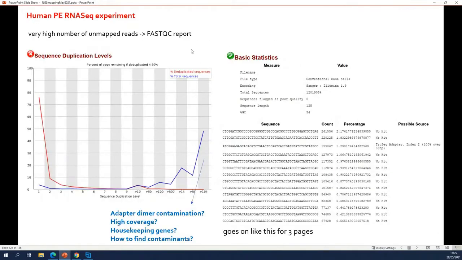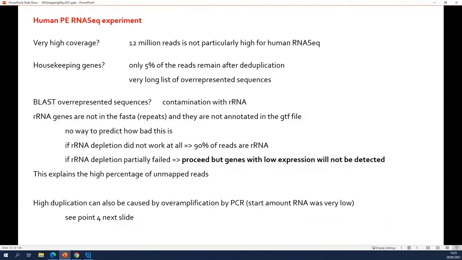Now, based on this alone, you don't know if all these things are ribosomal RNAs. There might be housekeeping genes here, and for these housekeeping genes, everything is okay. So you would keep them in, of course. So just based on this, you cannot say how bad it is. It doesn't look good because this is really low, but you have no idea how bad it precisely is.